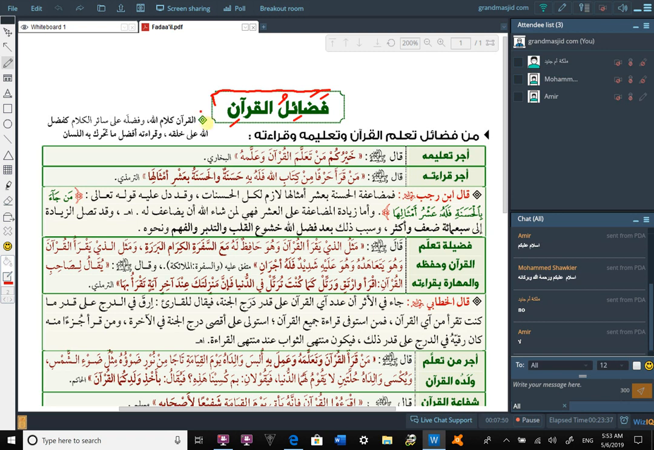Over here in this little diamond shape, it says Al-Qur'an Kalamullah. Al-Qur'anu Kalamullah. The Qur'an is the speech of Allah. وَفَضْلُهُ عَلَى سَائِرِ الْكَلَامِ كَفَضْلِ اللَّهِ عَلَى خَلْقِهِ. It says